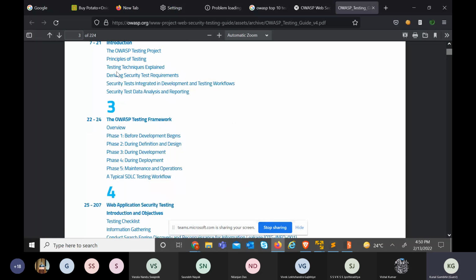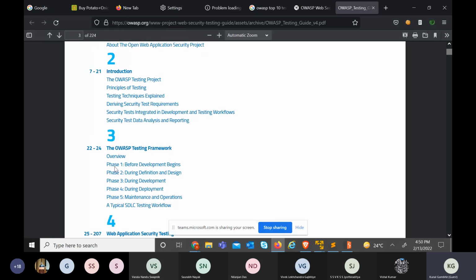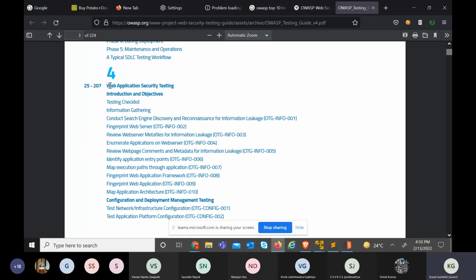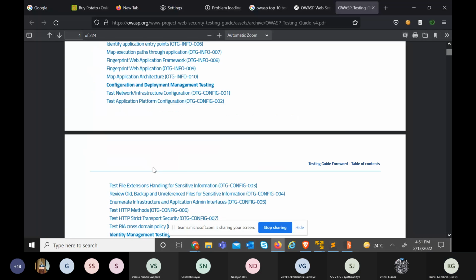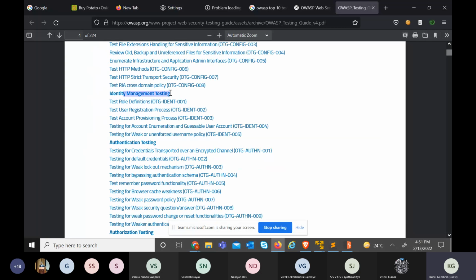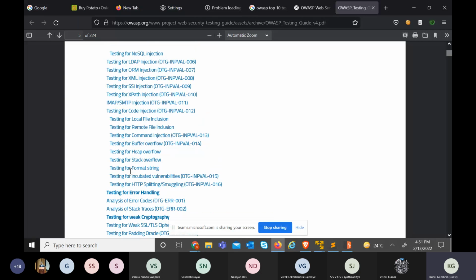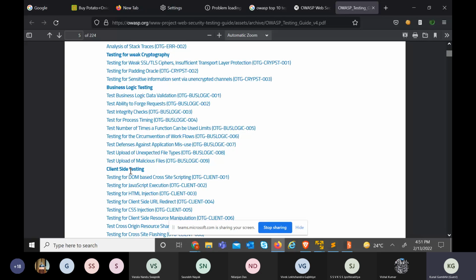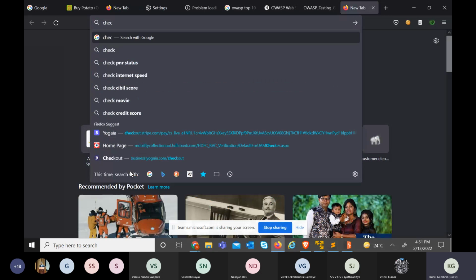See, till here, it's all the theory part. Web application security testing, introduction and objectives. First, we have a testing checklist. Then we have the information gathering part. Then identity management testing: test role definition, test user registration process, test account provisioning process. These are basically the checklist which you have to follow. Out of those checklists, these are basically the list of attacks. If you want a proper checklist,